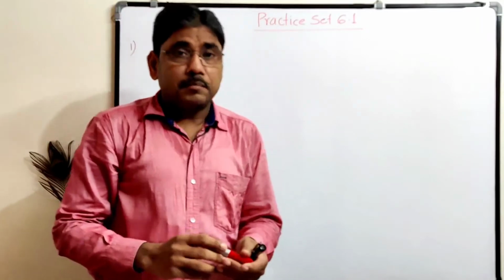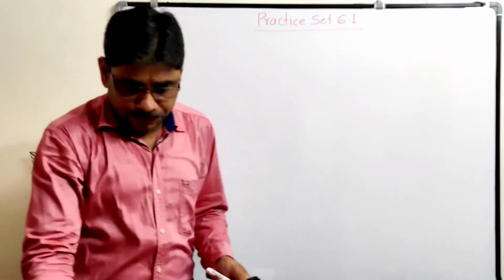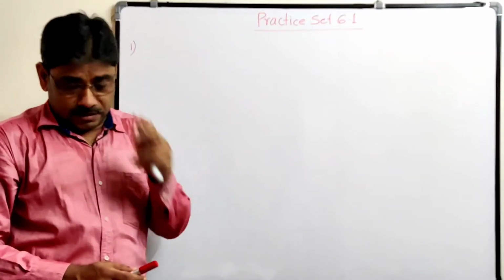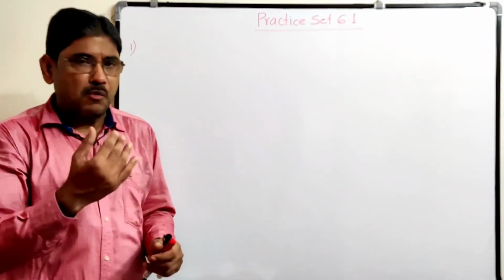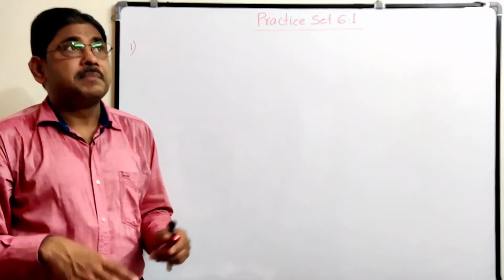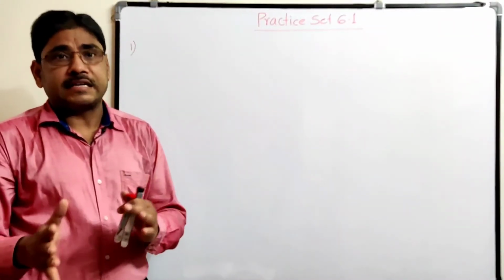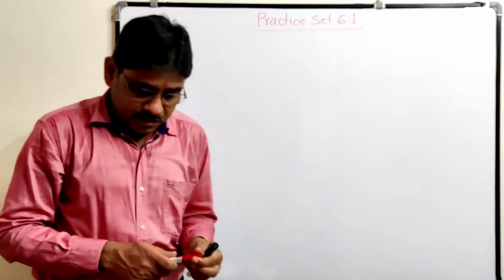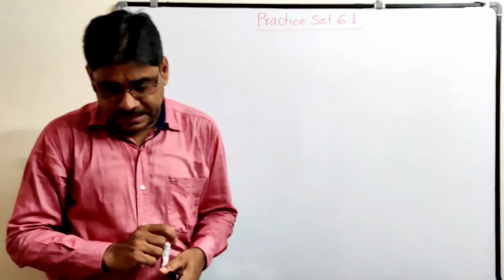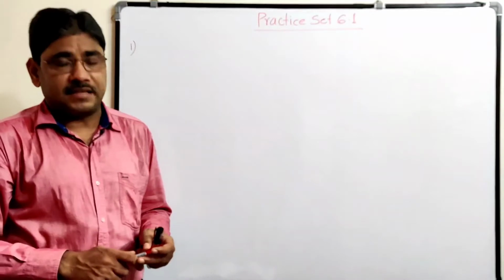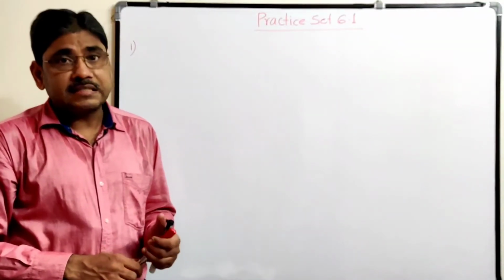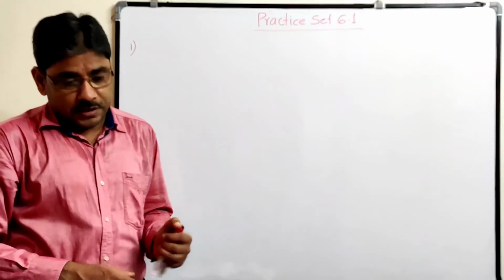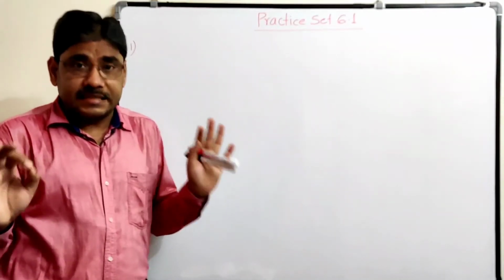Now let us see practice set 6.1. Questions 1 to 5 are different sums and the sixth one is a common sum, that is, prove that or show that, meaning left hand side is equal to right hand side. Let us see the first sum. In the first and second sums we can use two methods. The first method is using identities and the second is using the Pythagoras theorem. So here we use identities.